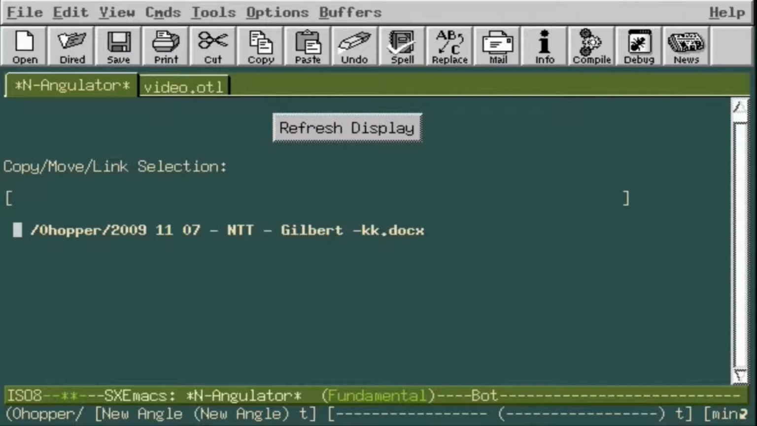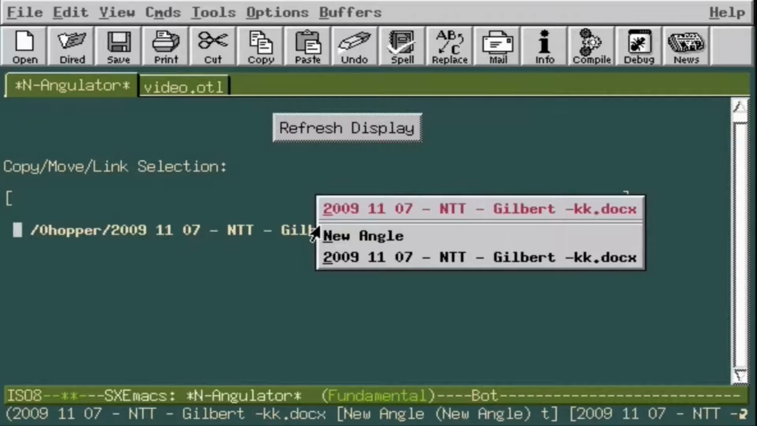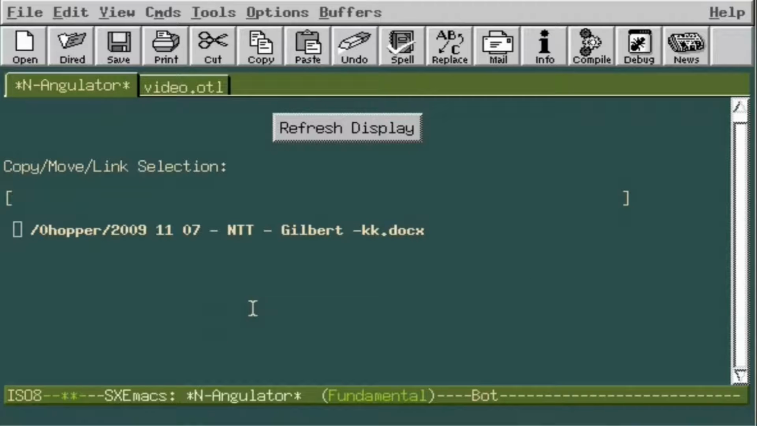Now, when we right-click on it, notice the navigation menu is limited to the 2 items, new angle, and the leaf name itself. If we want to view or edit that leaf item, we can select that item. Now that we have selected a leaf, let's middle-click on it to bring up what we call the Leaf Command